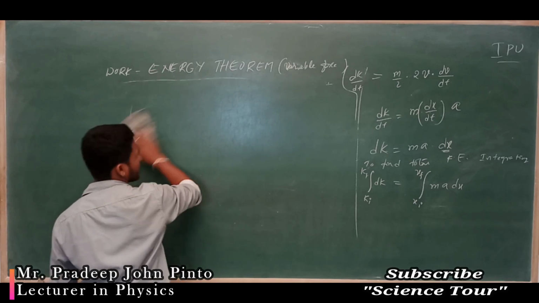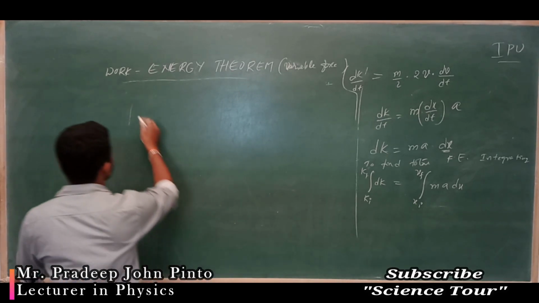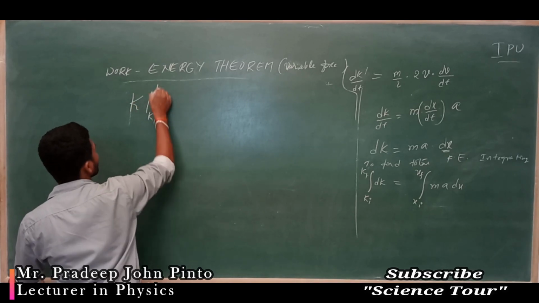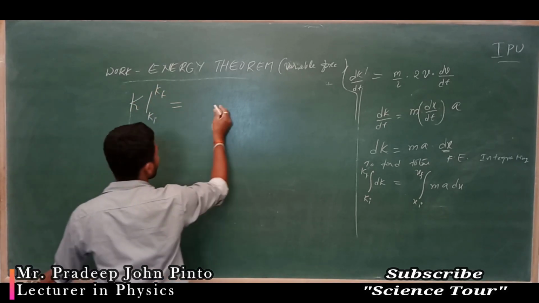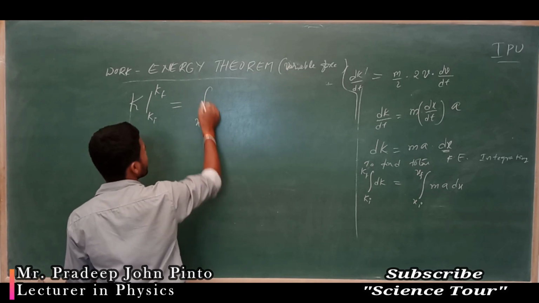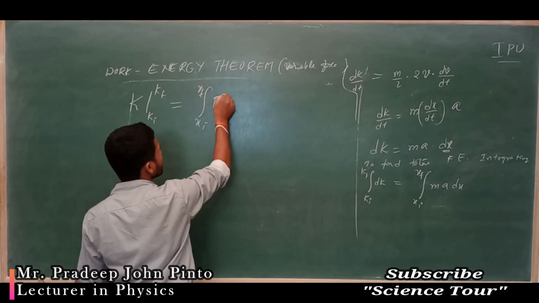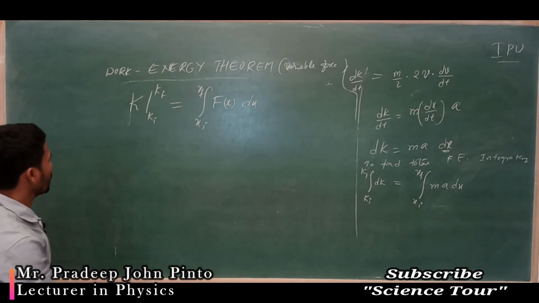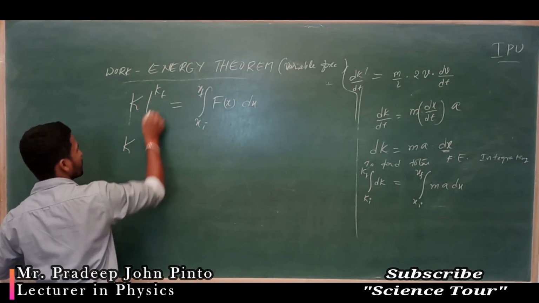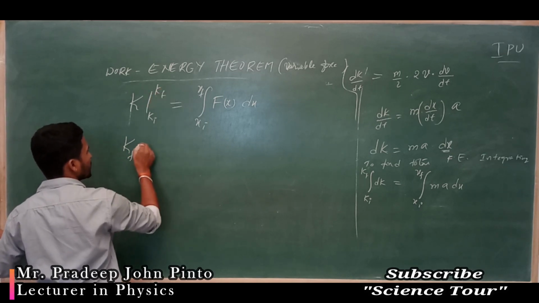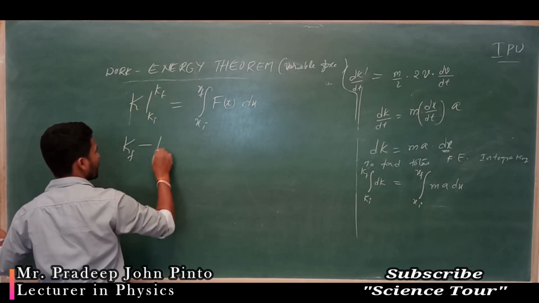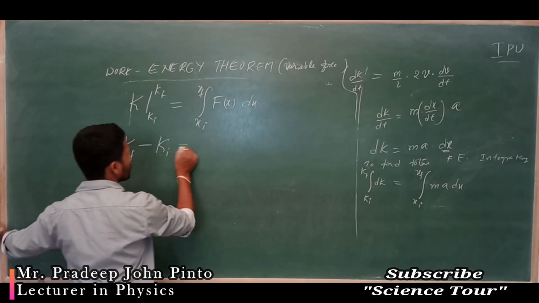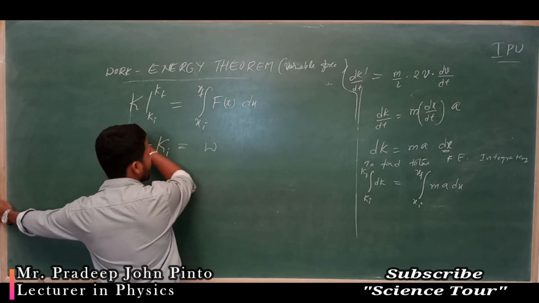Similarly, what is here? dK, integration of dK is K from where to where? Initial to final is equal to how much? xi to xf. ma is how much? Force into displacement. Now Kf means at the place of K, first the upper limit we will put, upper limit you have to put, minus, at the place of K we have to put the initial limit, lower limit, which is equal to the work done by the variable force.